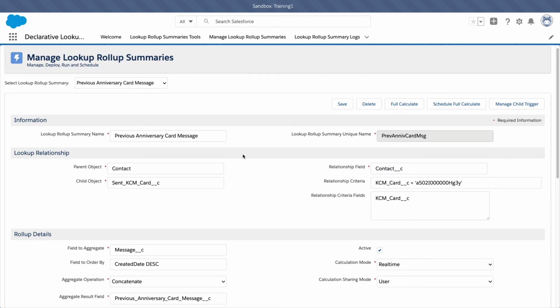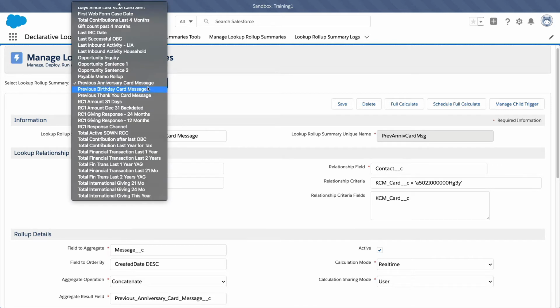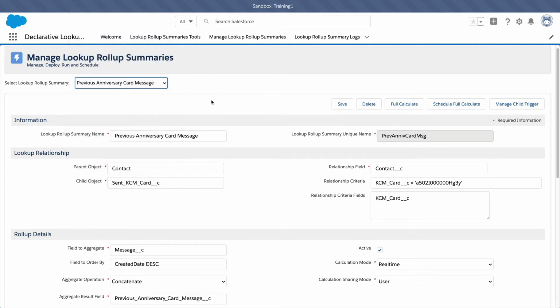So not an email, but an actual cardboard card, really custom made, with stamps and all the nice stuff. We send out anniversary cards, birthday cards, and also thank you cards to thousands upon thousands of our constituents. So this rule will help us to navigate